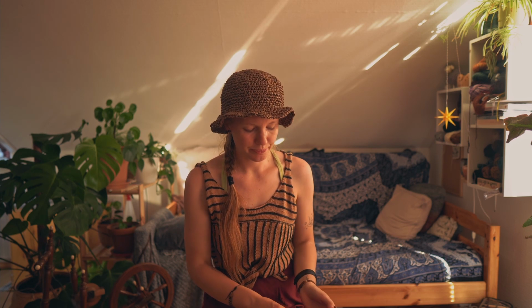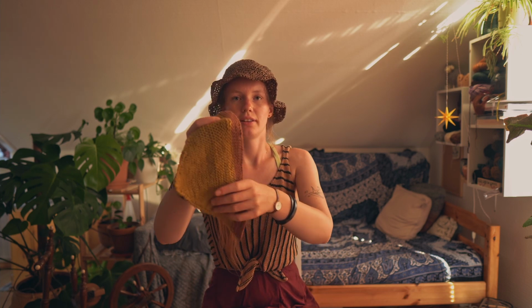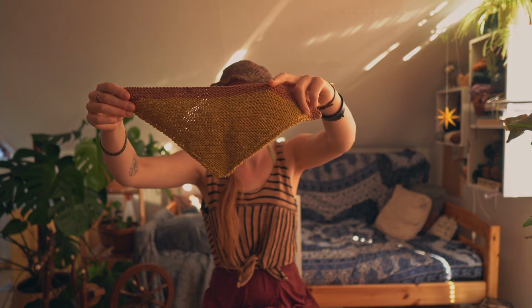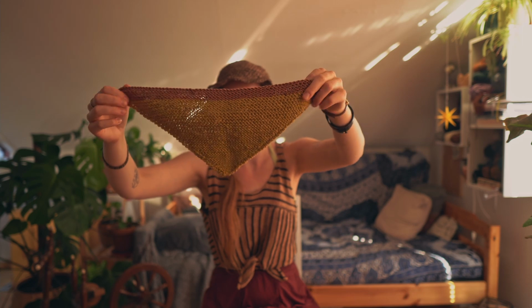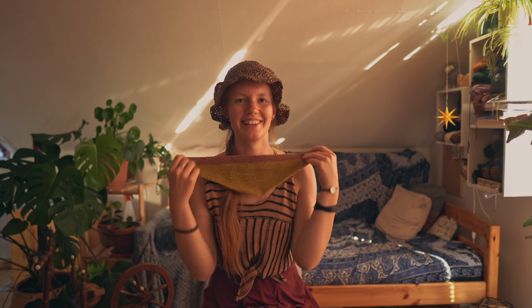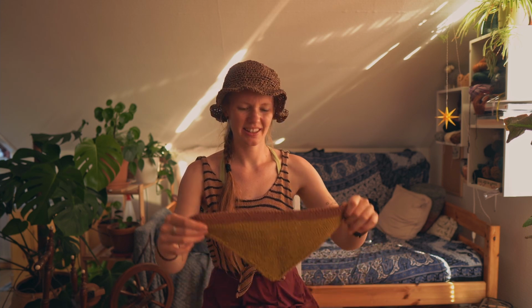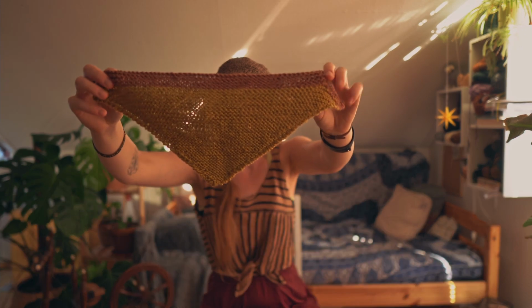And I'm really hoping that more of my friends will have babies soon, so I can knit more things. And then another thing I did, this is just made up, there's no pattern. This is a little, not really a scarf, but what do you call it? I don't really know the name for it. But just to tie around your neck, right? And here I ran out of yarn, and then I used this